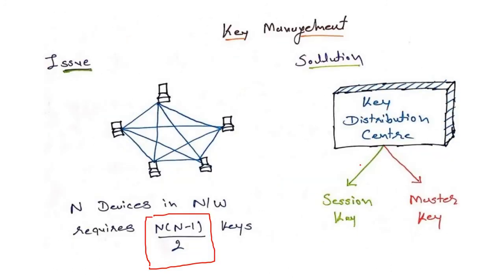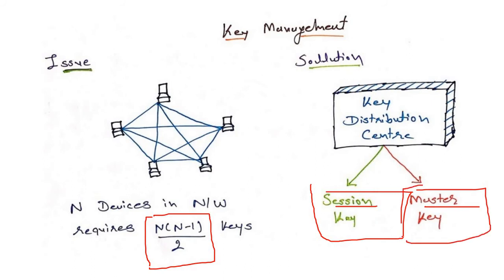What will the key distribution center do? The key distribution center will generate one session key and one master key. A session key is for a particular session. It looks like when you are transferring an amount to another member's account, that is a particular session. Whenever you are surfing a website and you log in on that website, that is one session. So the key distribution center generates a session key for a particular session, and it will use the master key for every session.